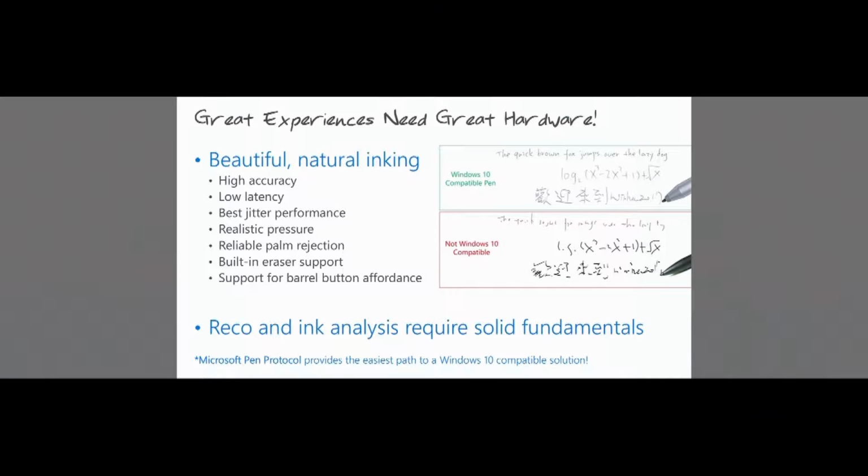And in order to deliver these experiences, we need to have hardware that is excellent, like what we have today in our ecosystem. David's going to talk more about how we enable these experiences. Thanks, Connor. When you see the Smart Ink engine that Connor was demonstrating, it's really important that it be fed high-quality pen input. When we talk about Smart Ink or beautiful ink, it's important that the pen devices provide high accuracy,